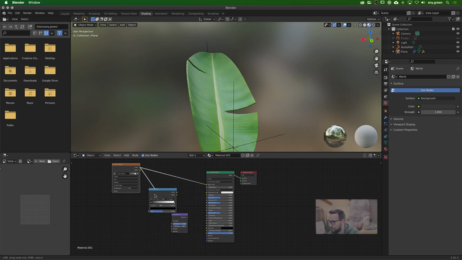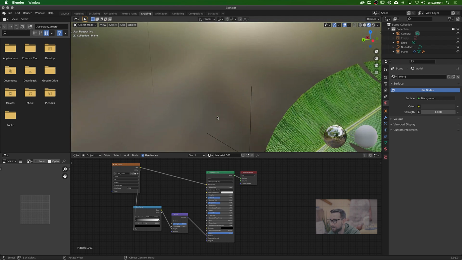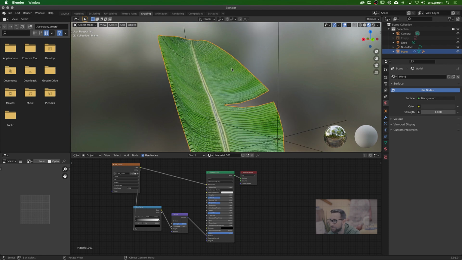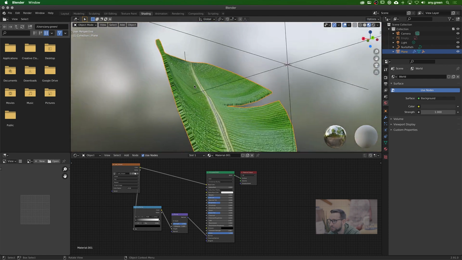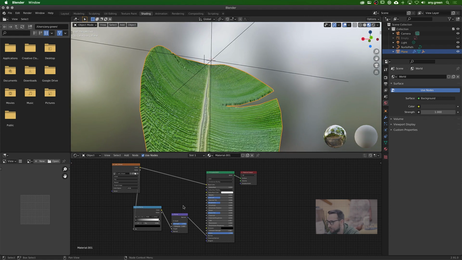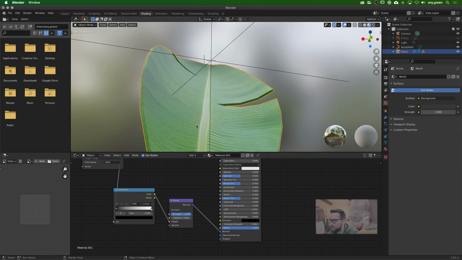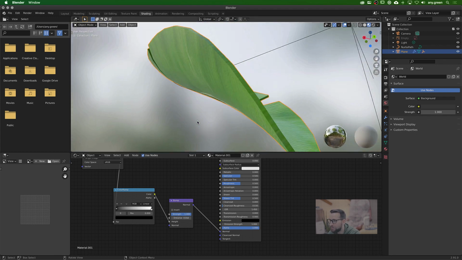So Shift A, search ramp. We drop our color into the factor of the ramp, because that way we can adjust the contrast if we wanted to, and we drop this into the height and the normal into the normal of our object. Now obviously this is a little bit too strong, but we can see the potential here. Let's go to the bump and change our distance to 0.01,